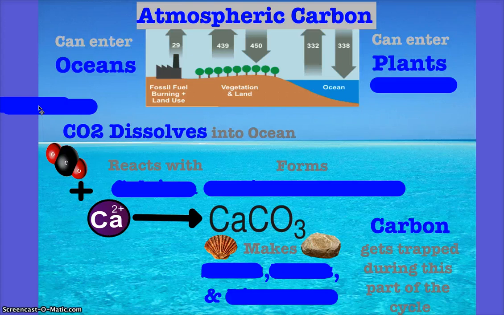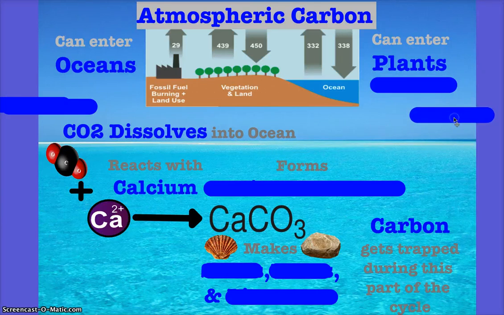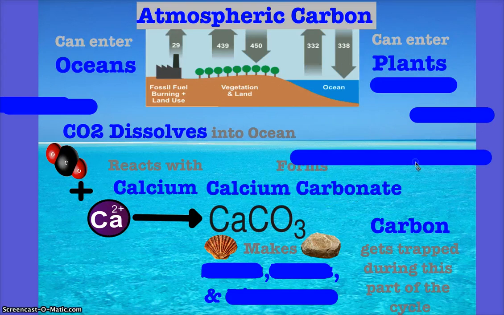When carbon dioxide falls into the ocean, it can react with what's showing there? Right here. Calcium. And it can form, by the reaction of calcium plus carbon dioxide plus water, good, calcium carbonate,